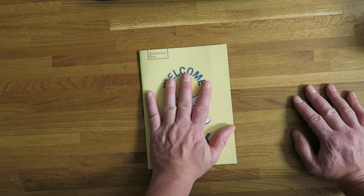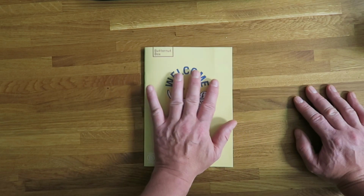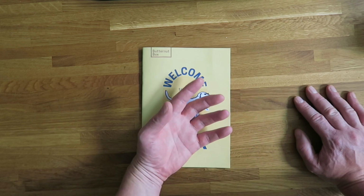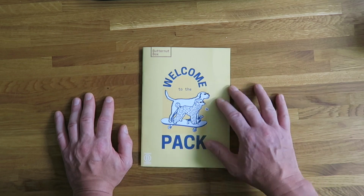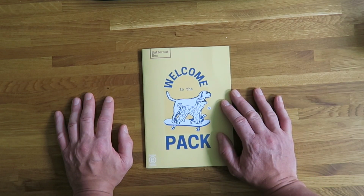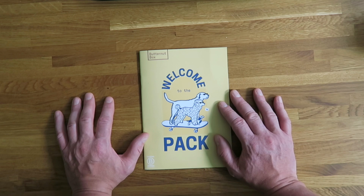So I really like it. I like the packaging, I like the mission objective, I like the guys and their story. The food seems really interesting, and yeah, it's something I would even eat myself, to be honest. But will Halo eat the food? So this all depends whether he does, whether he goes for it. So we will give it a try, and I will keep you updated, and if he does love it,